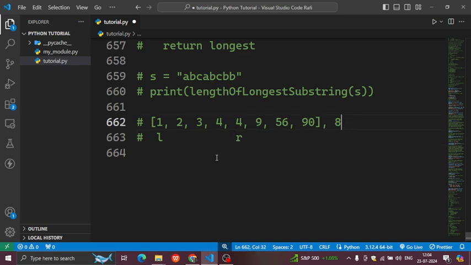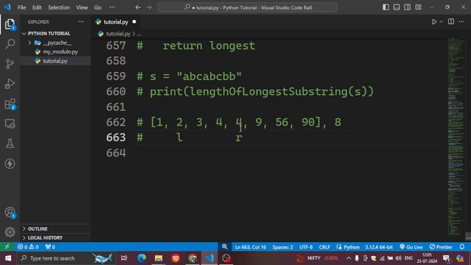So in this case, we are not supposed to move R. It will stay at the same position, and we're going to move L over, right? Because we know all the elements after this element will be greater, and we are looking for a greater value. 4 plus 1 is 5, and we need a greater number because this is what's making the sum smaller. So we move it one space forward, and R will stay the same.